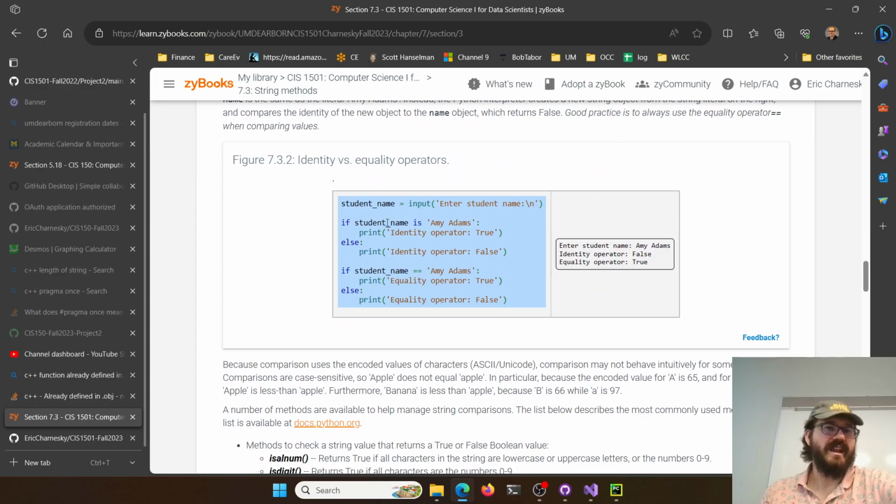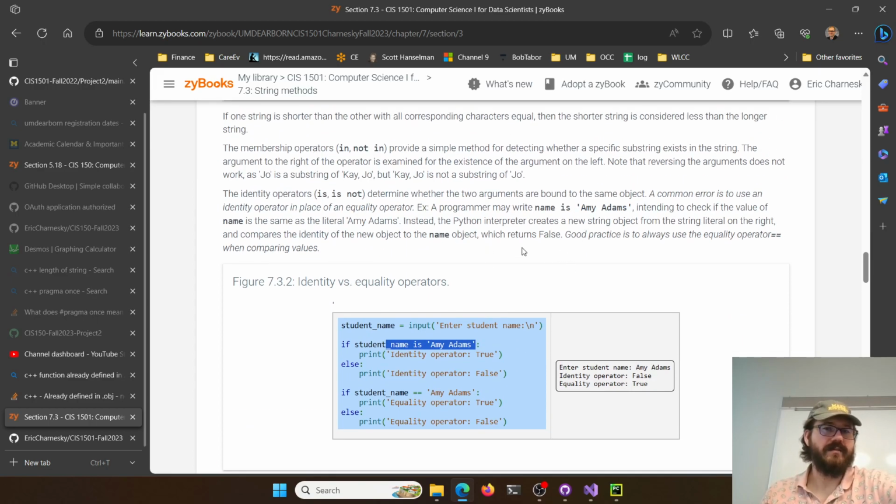This identity operator is super weird here. So is checks to see if they are the same object in memory. So if you enter a value here, it's going to store that somewhere in memory.